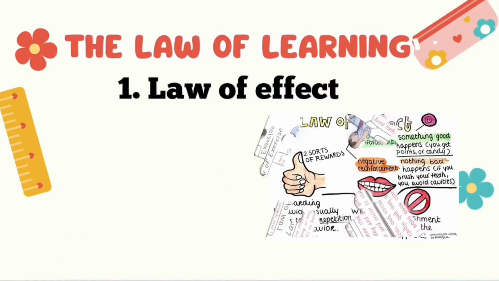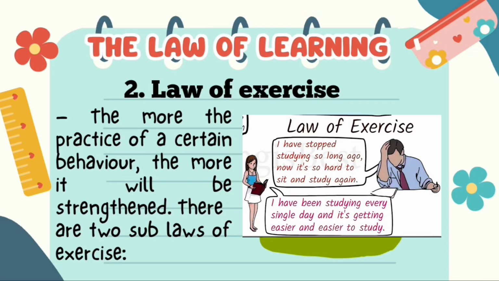Next is the law of exercise, which means that learning becomes stronger the more we practice it. In simple terms, the more we repeat or use a certain behavior, the more it becomes a habit. For example, if we regularly perform experiments like measuring chemicals or using a microscope, the more they practice, the more skilled and confident they become in handling lab equipment. This shows the law of exercise, which means that repeated practice strengthens learning. The more you repeat a task, like conducting experiments, the more accurate and automatic your skills become.